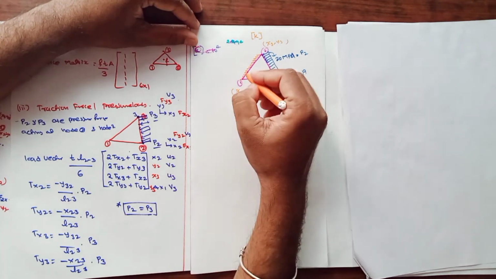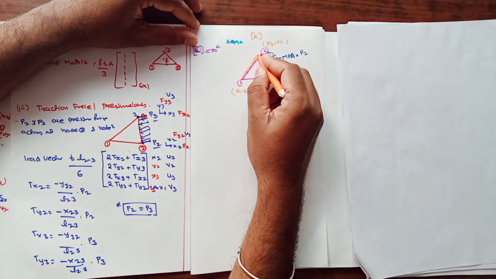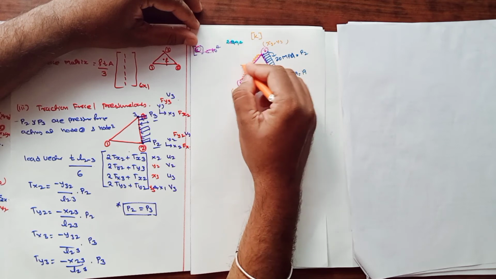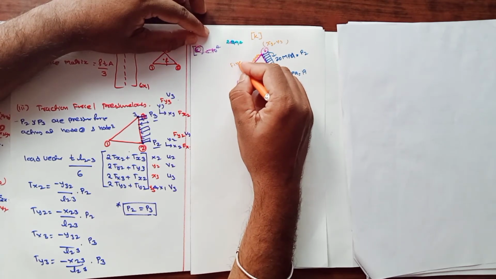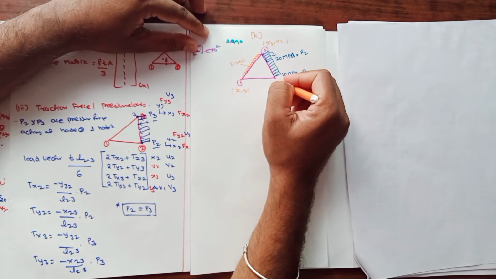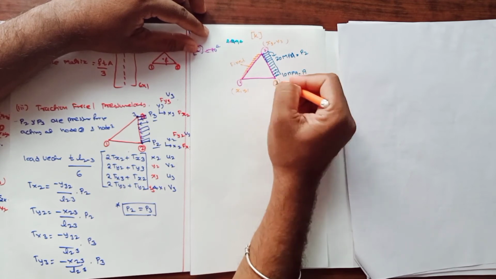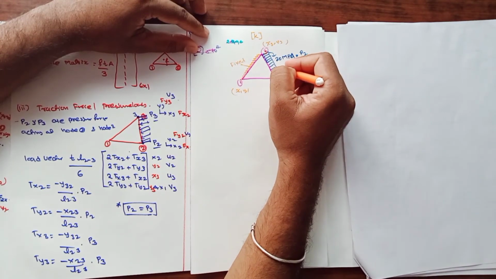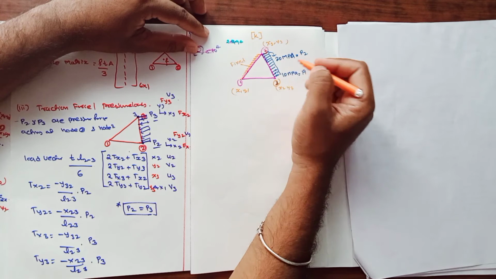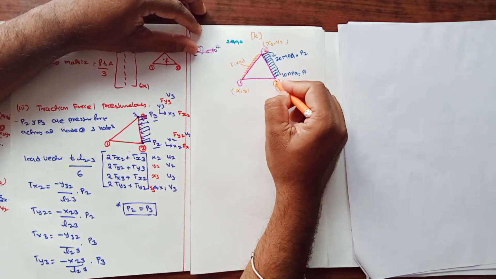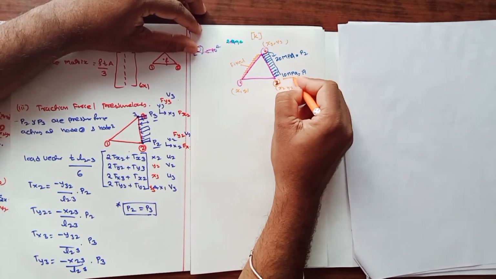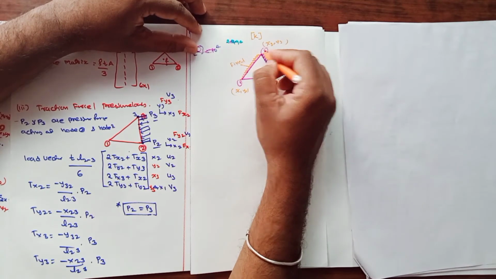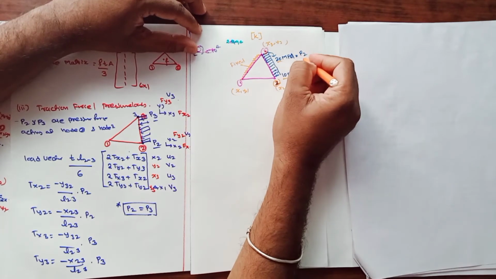Let us say side 1 to 2 of the CST is fixed, and take another length from 2 to 3. Let us assume that a uniform varying load is acting. At nodal point 2, let us say 10 megapascal is acting, and we call that P1. At nodal point 3 it is 20 megapascal, and we assume it as P2.